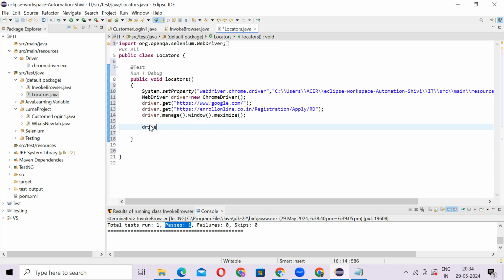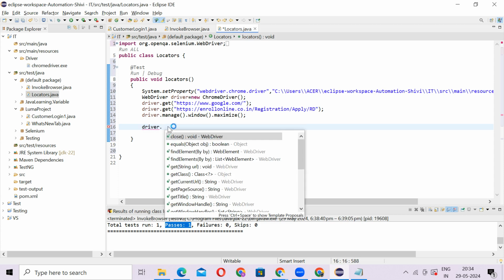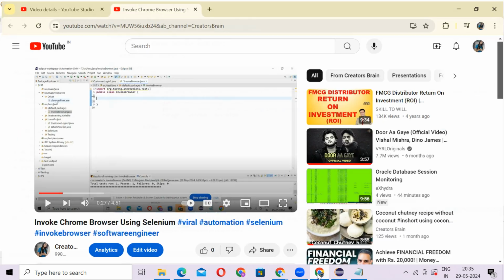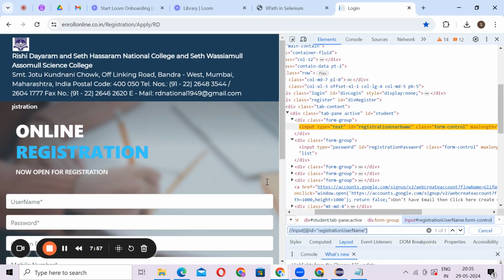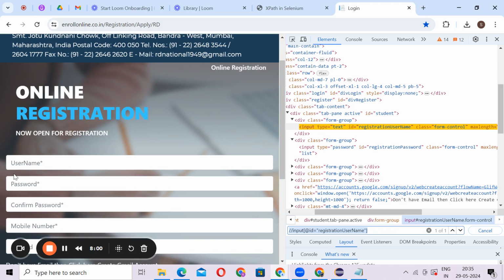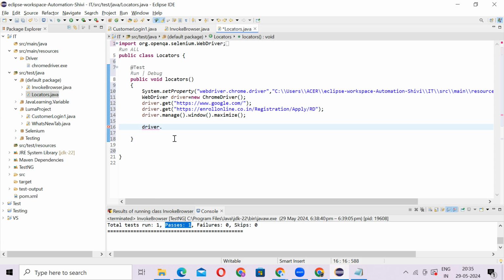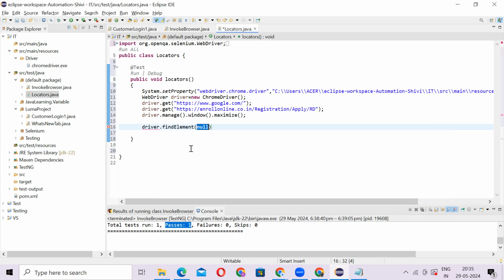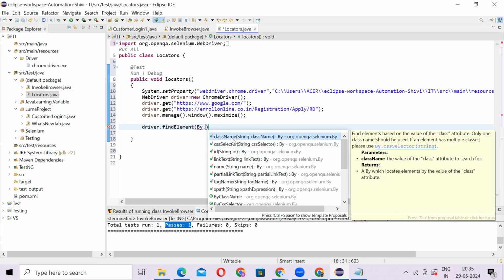Now we will write. Just type the object which we have created here, object dot find element, because we are finding an element on that web page. Here we are finding whatever section or field is coming on the web page. So write driver dot, and once you press dot, it will show all the methods. Driver dot find element, just type By dot. This syntax you have to learn. You can see all the different types of locators: class name, CSS selector, ID, link text, name, partial link text, and so on. One by one I will tell you every locator.